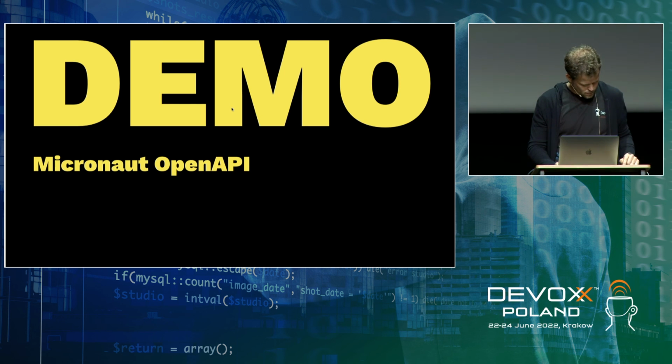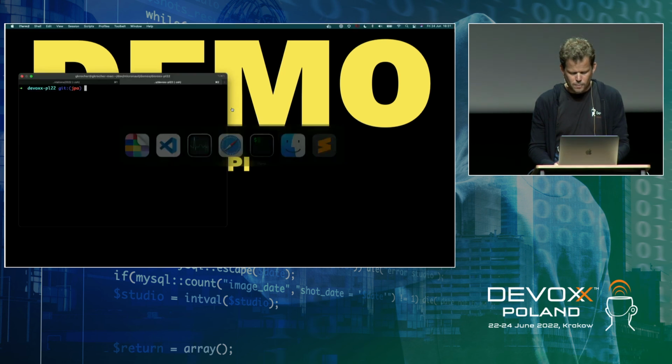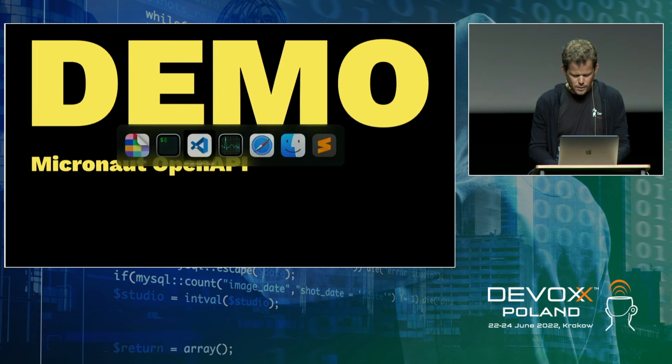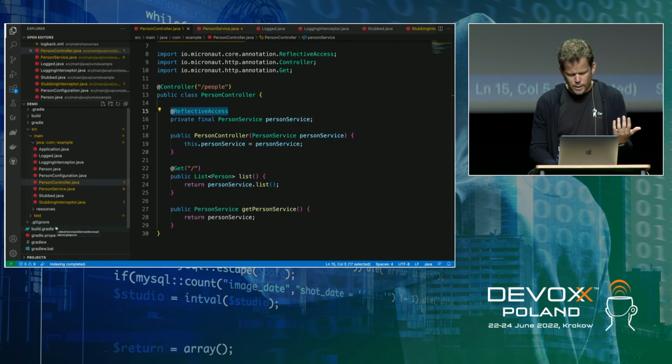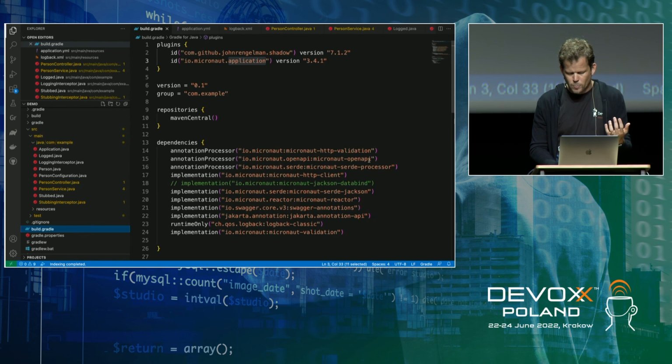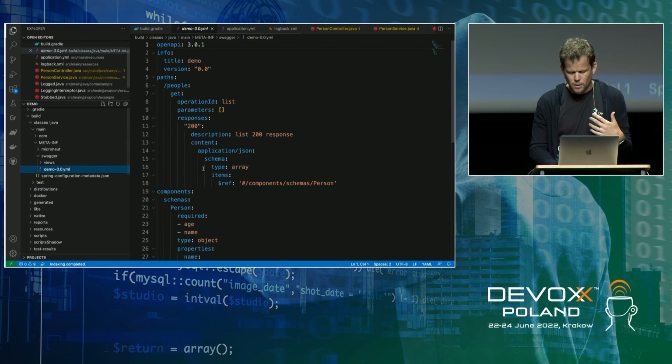I'm not sure I'm going to demo that now, given how I'm running low on time. Or maybe I'll quickly do so. So it was kind of a little bit transparent in that I've been generating my app this whole time. When I initially created the app, I included the OpenAPI module, and it's really cool because whilst you're building your application, at compilation time, Micronaut has actually been generating Swagger,